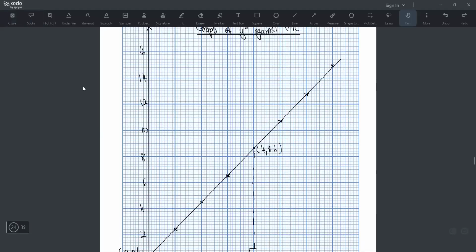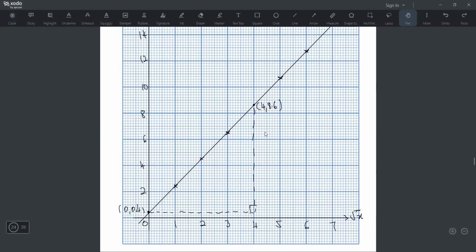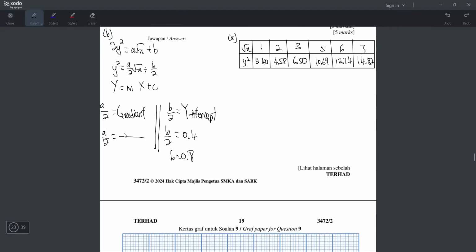Okay. Now we can find the gradient. So the formula is y minus y over x minus x. 8.6 minus 0.4, divide with 4 minus 0. So your a over 2 equals. Now we can use the calculator to press the answer. My calculator give me